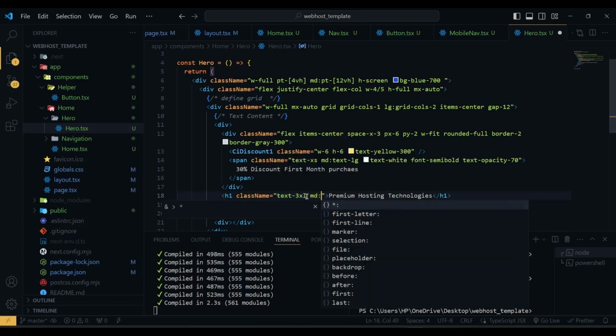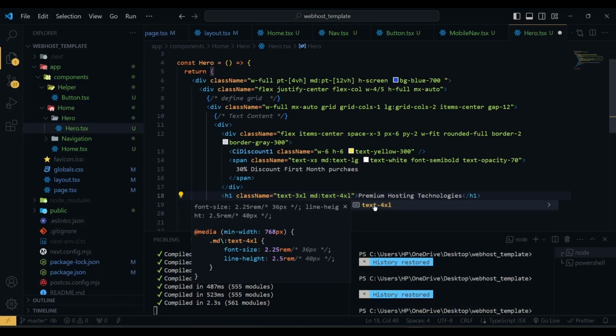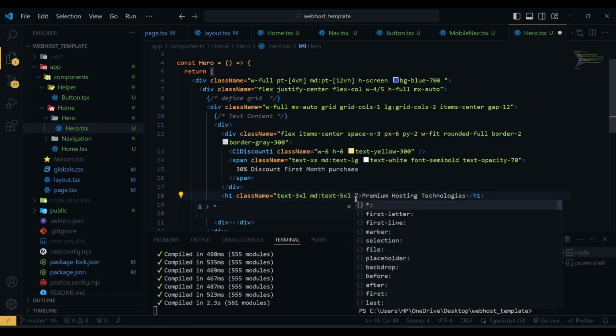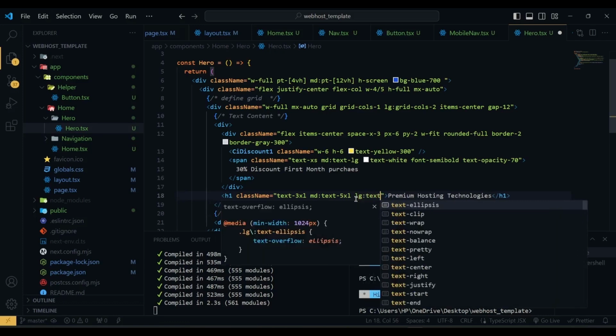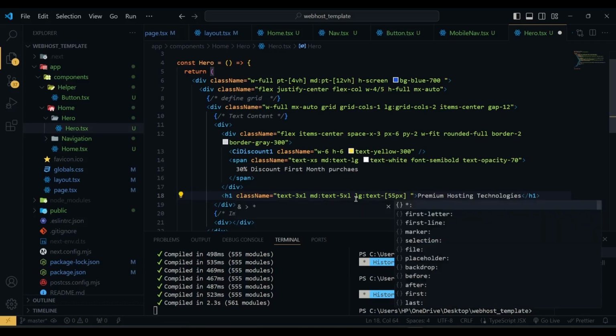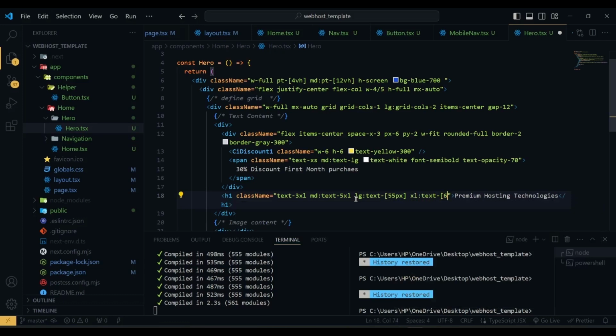Then in medium we have text-4xl, which is 36 pixel. Let me use 5xl, which is 48 pixel. Then in large we have text of 55 pixel, and extra large text will be 65 pixel,